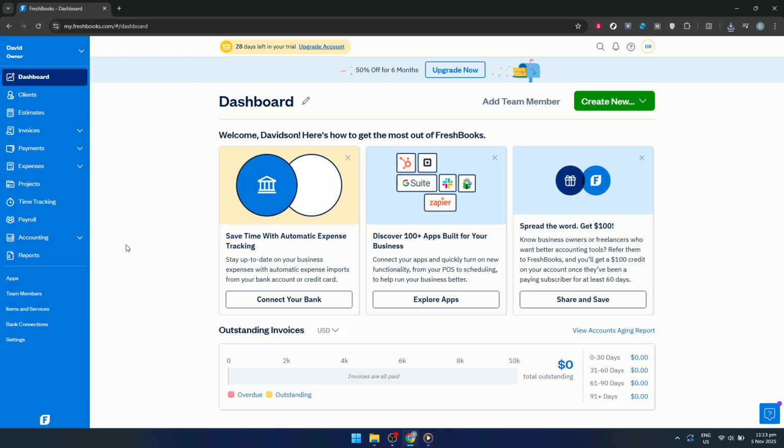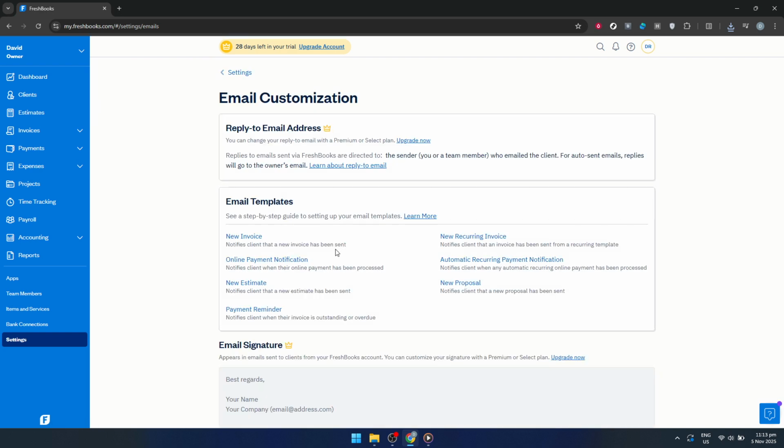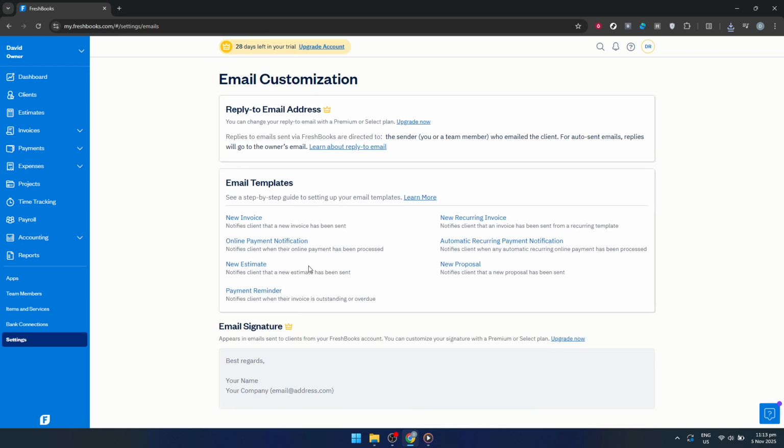To start, the first thing you'll need to do is navigate to the Settings section once you're logged into your Freshbooks account. Think of this as your control center, where all the changes to your account settings live. Once you're in Settings, find and click on the Email Customization tab. This is where you'll make the adjustments to your communication templates. It's crucial because it sets the tone and style for your client interactions, so keep your audience in mind as